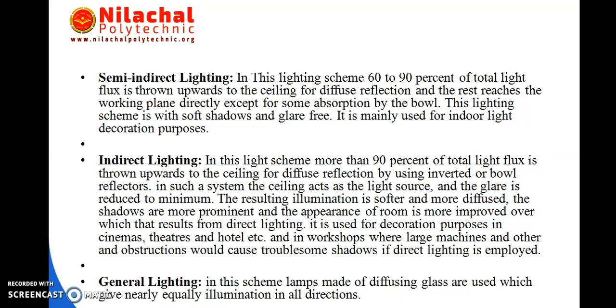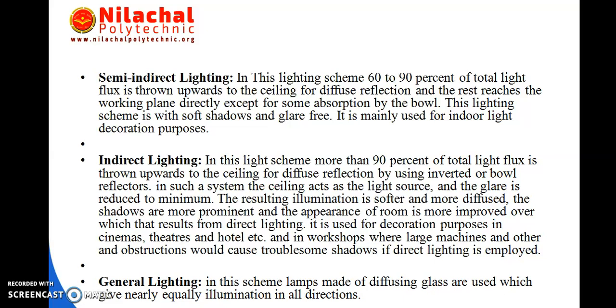The resulting illumination is softer and more diffuse. The shadows are less prominent and the appearance of a room is improved over that which results from direct lighting. It is used for decoration purposes in cinemas, theaters and hotels,